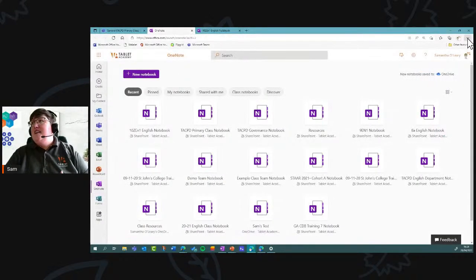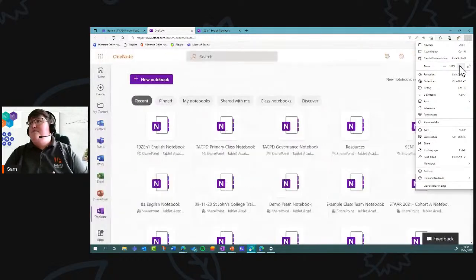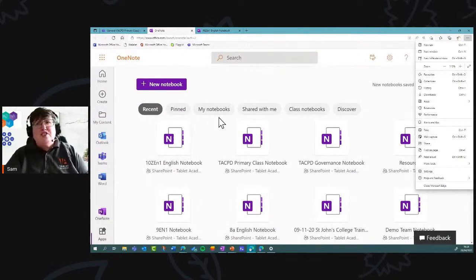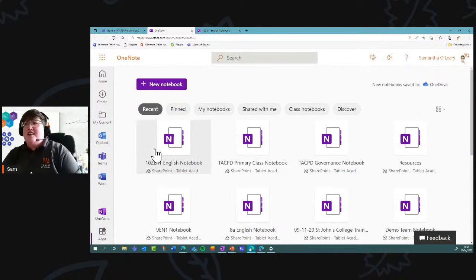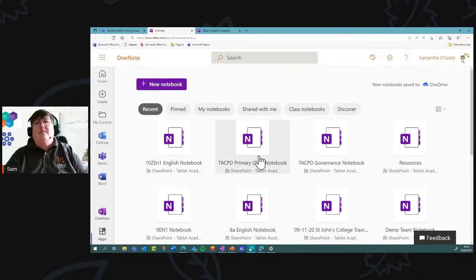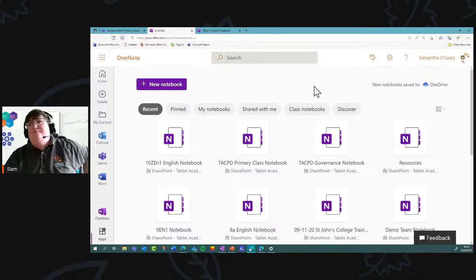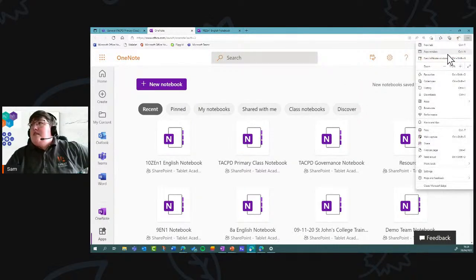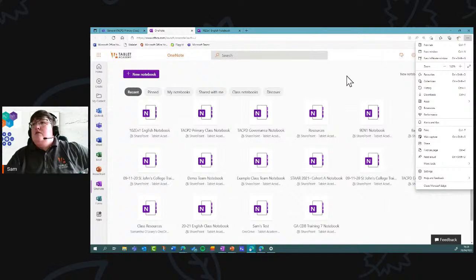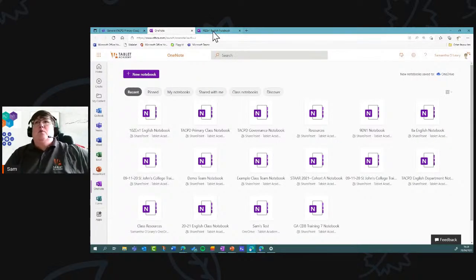Just by zooming that in a bit more, for students with a sight impairment and so on, that's going to make life a little bit simpler in terms of being able to see from a larger screen point of view. So it means that we can make the front of the classroom more accessible as well. Last thing just to point out, let me take that back down to 125. There we go. Within OneNote,